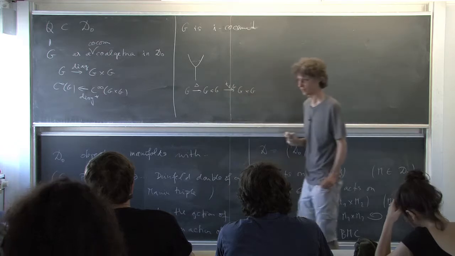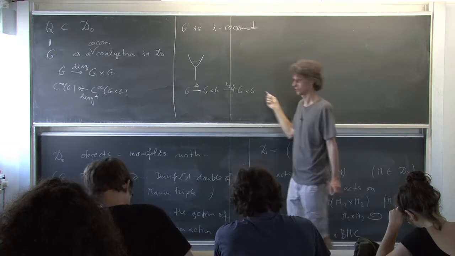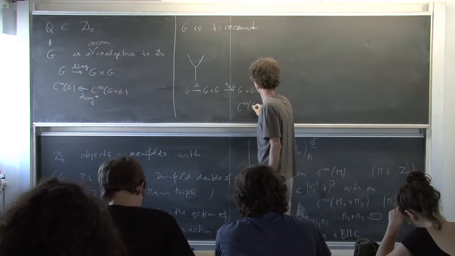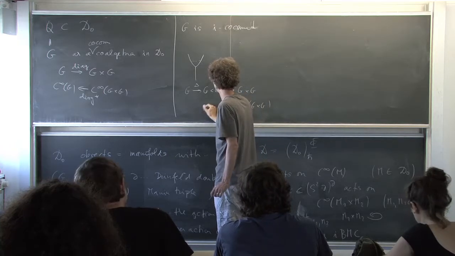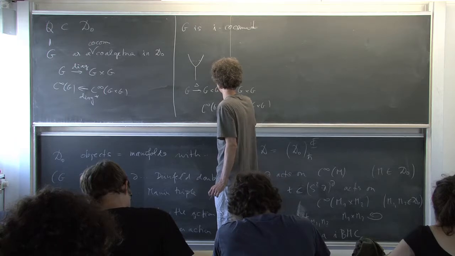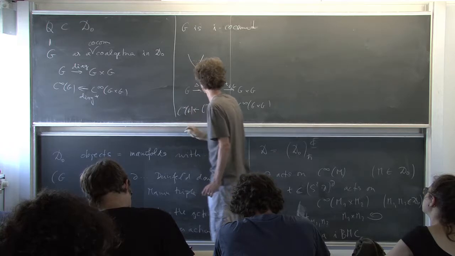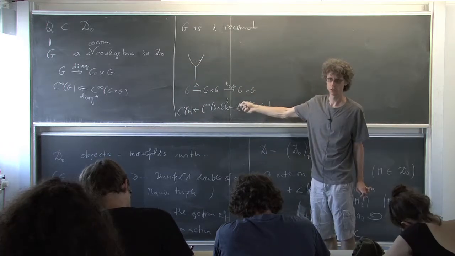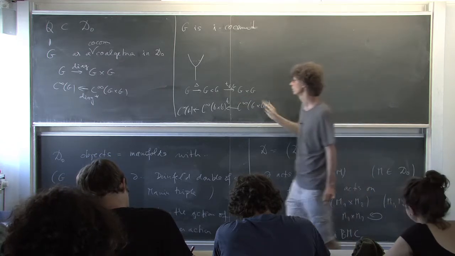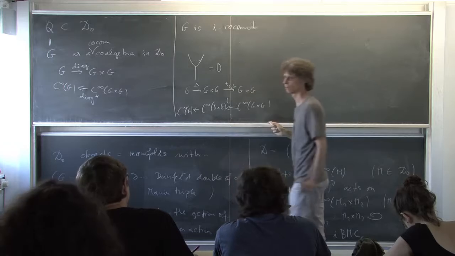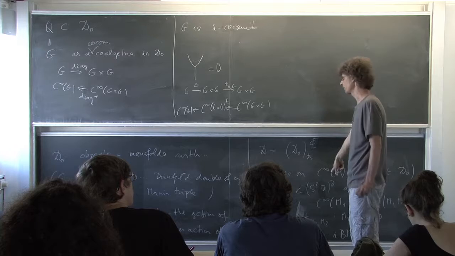This is our coproduct. It's probably easier to read it the other way. So you take C infinity of G times G, then apply this differential operator T to C infinity of G times G, and then just restrict to the diagonal. And we did this calculation, saying that this is 0, so this is supposed to be 0. And T, is it anything? This T is the thing